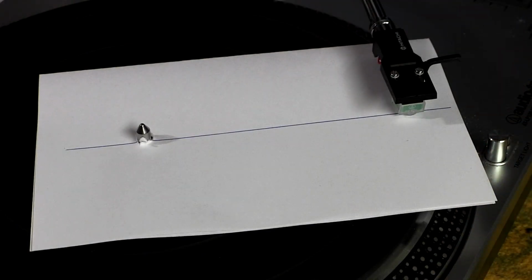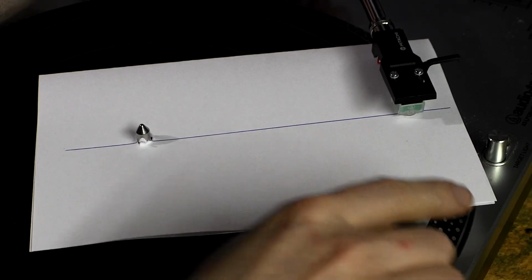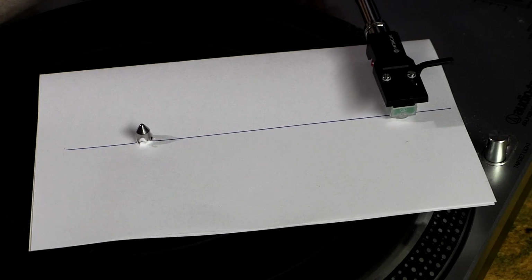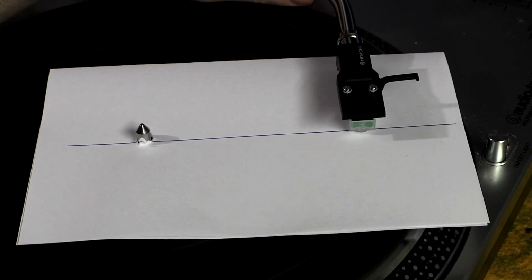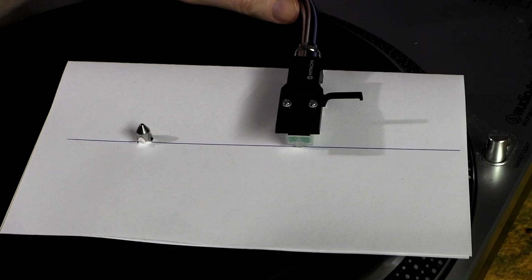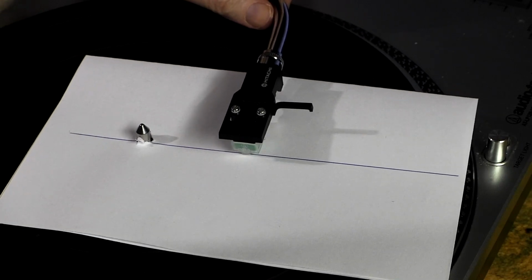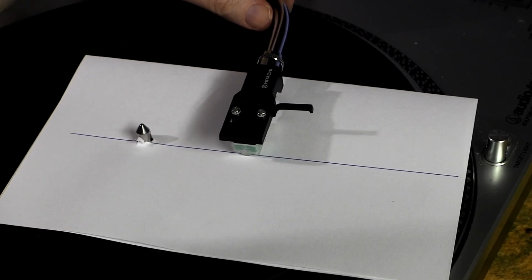Now, after all that, I want to show you how amazing this is, and that you actually can do this with a simple piece of paper and a straight line. See, I'm at the beginning of the record. See, there's my turntable. It's lined up, and as I move it across and turn the platter around, because that's the geometry, you can see that it stays lined up all the way across. This is almost a linear tracking setup. No matter where on the record this is,